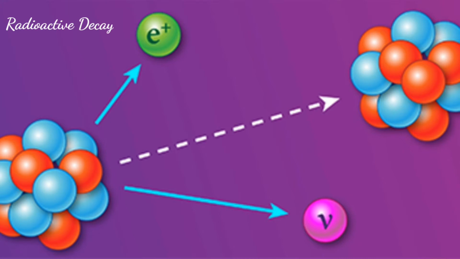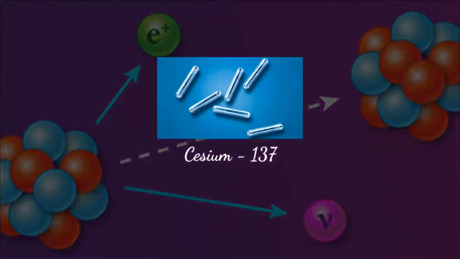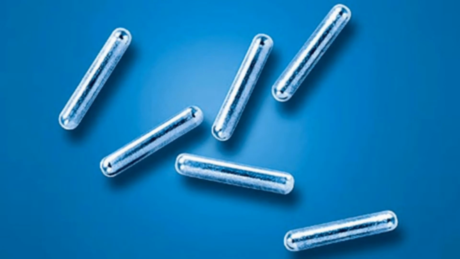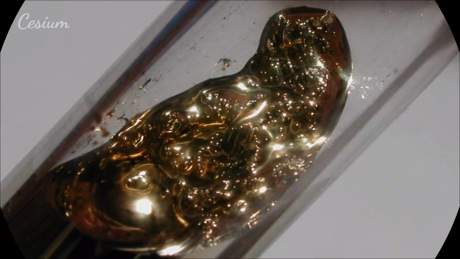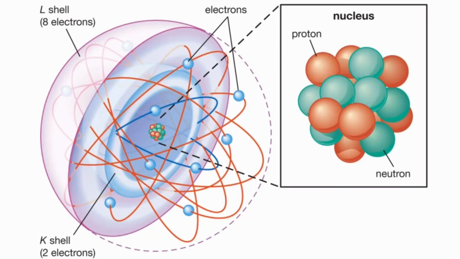An example of the actual weak interaction is if I had some cesium-137. Most people are going to have no idea what cesium-137 even means, so we'll assess that first. Cesium is the 55th element on the periodic table, which might be a given, but what is the 137? Well, 137 means it has 137 nucleons. So what is a nucleon then? A nucleon is either a proton or a neutron. Those two subatomic particles are found in the nucleus, hence the name nucleon.